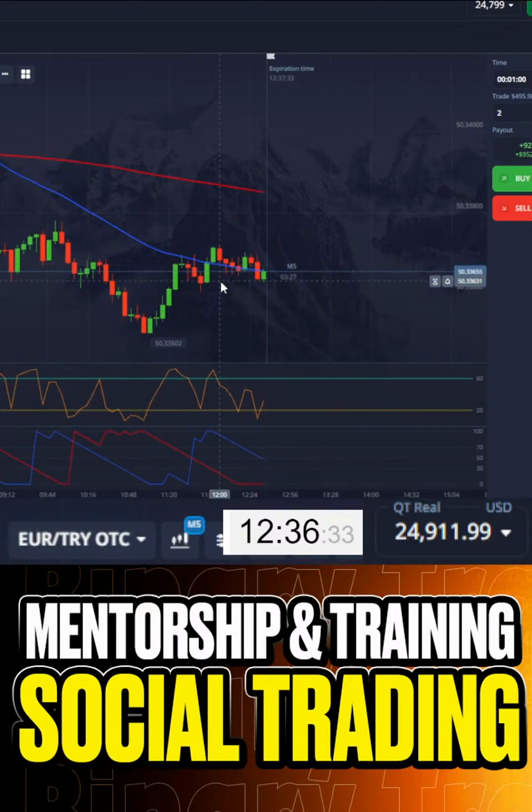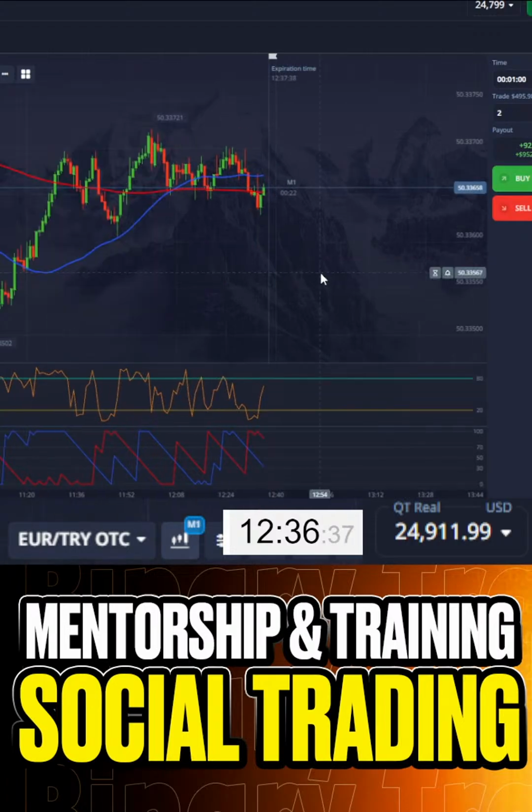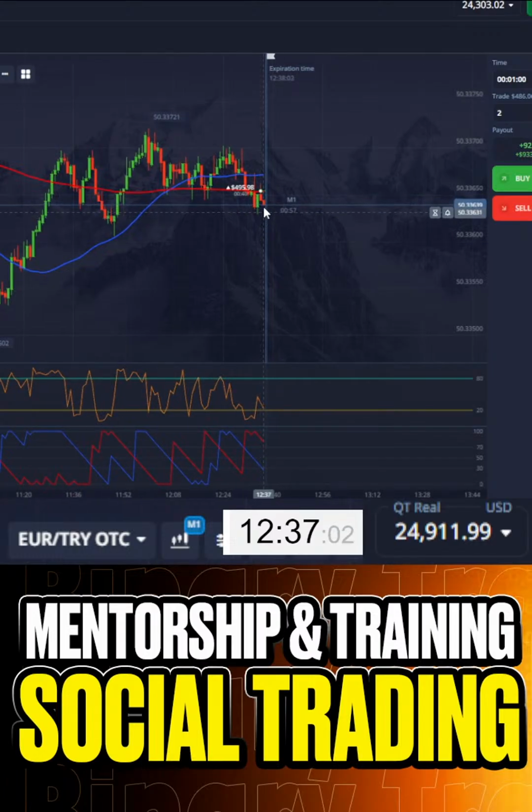M5, we can see that the price is trying to go up. Let's take 1 minute. Yes, we can see that the price is also going down and up, but anyway, we are trying a 1 minute execution in a buy. Why a buy? Because we have two levels, like I've told you. The down level and the up level, right? The down level we touched. Right now we need to go to the upper level.